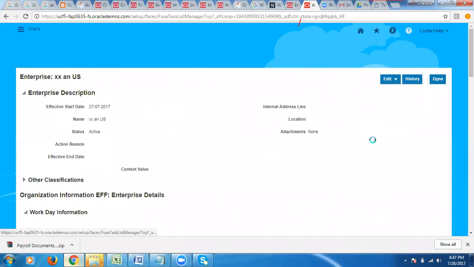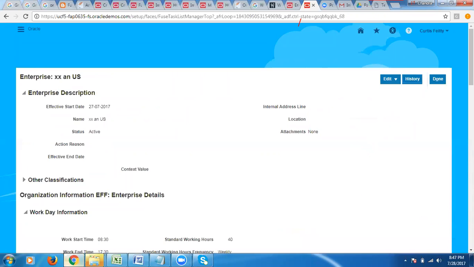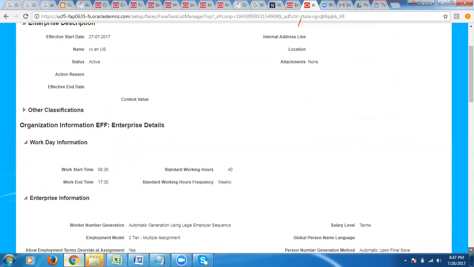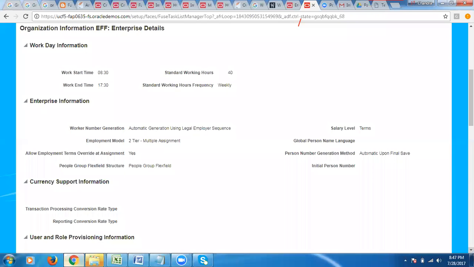So we can say two-tier employment model, multiple assignment. That's how we give the reply. And we need to remember worker number generation and person number generation. What are the methods? Automatic upon final save, and automatic generation.